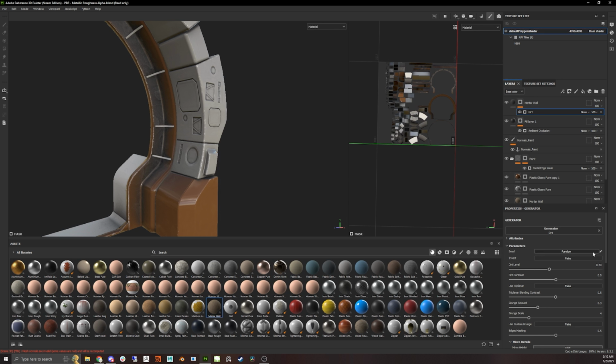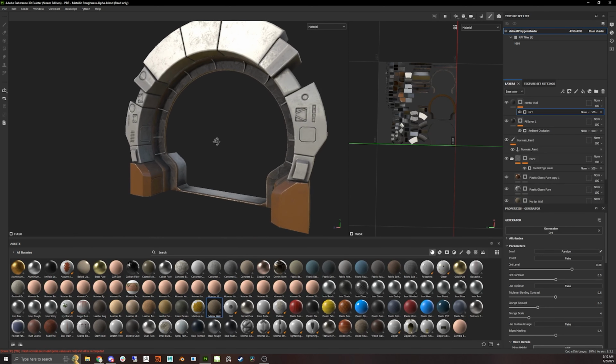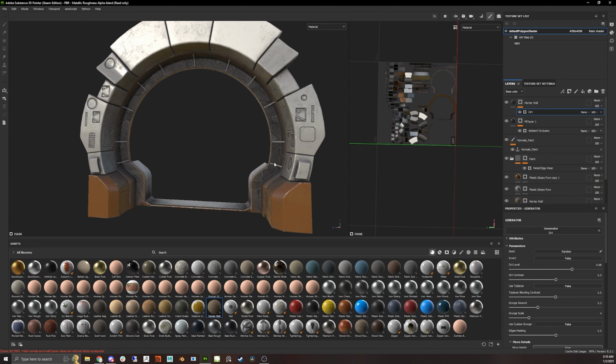Now, here's another cool thing you can do. Say you don't want all of this dirt. Say you don't want all this dirt here, but you want it all right here. What you can do is crank it up to where you want it here, which, let's say, is exactly how much dirt I want. I want it to look nice and grungy, but I don't want all of this. What I can do here is make